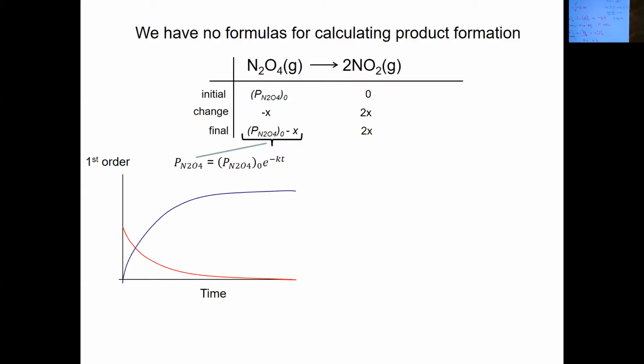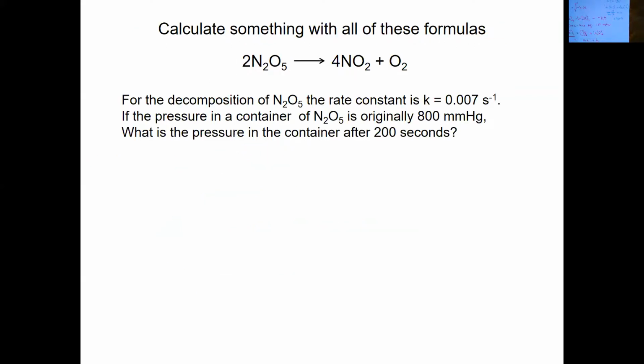So from there, you can fill that in as your x value to say the product pressure is equal to 2 times the initial pressure of the gas, minus 2 times the pressure after some time t. What do we do with all these formulas? We solve